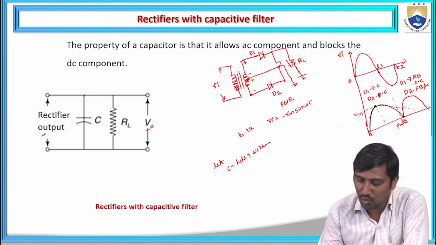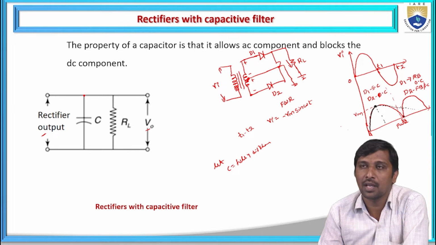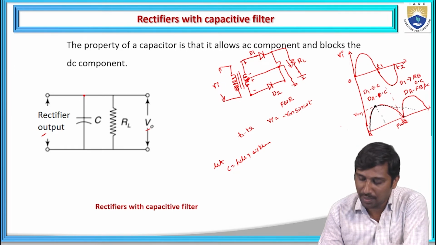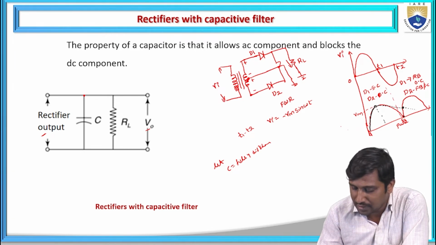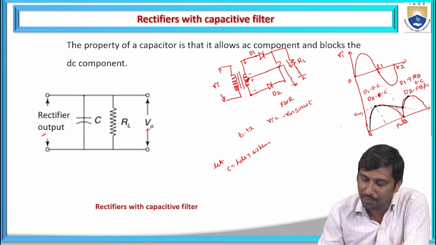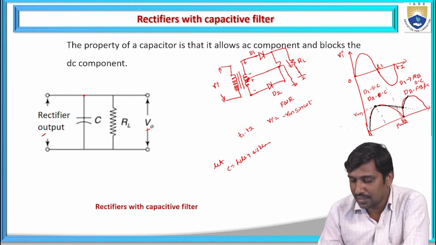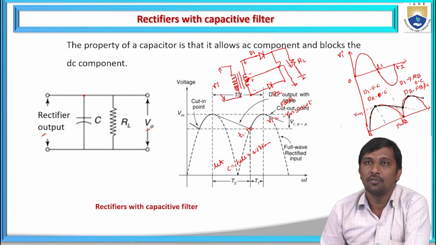Now what happens at this point? When you are applying the voltage again, the capacitor is again charging towards Vm. From this point, the capacitor is charging towards the Vm. Again, when Va is decreasing towards 0, the capacitor slowly discharges. That is the reason this waveform shows